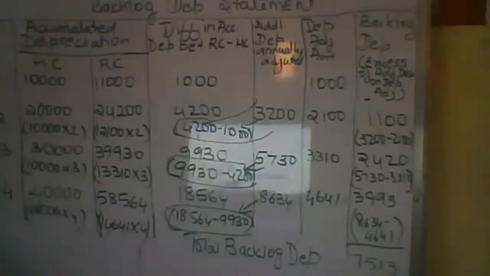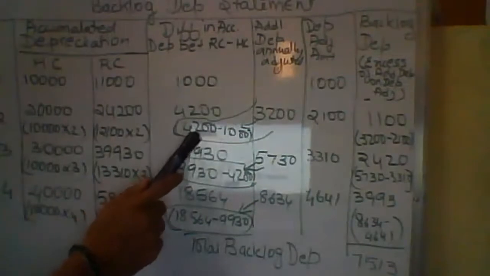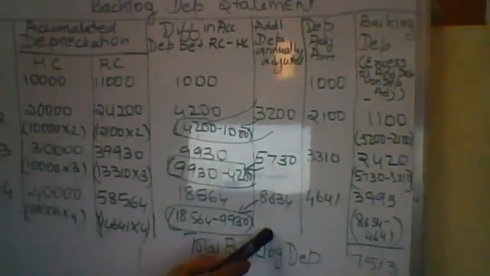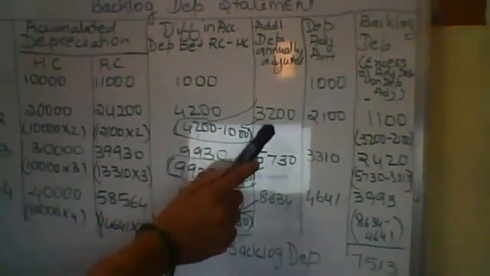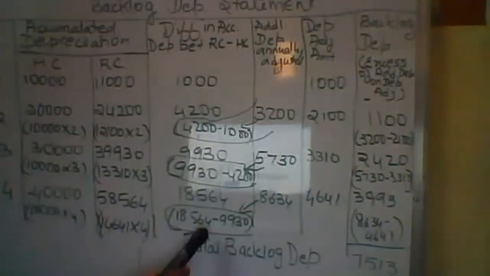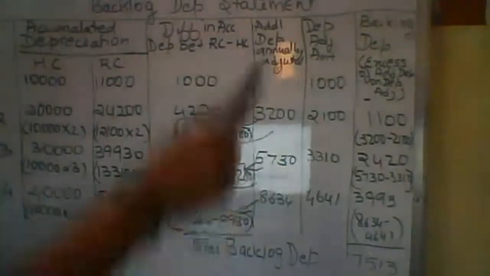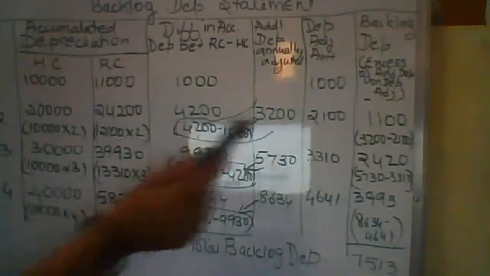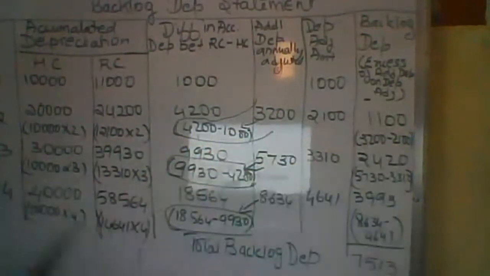I hope it's clear. When you are writing, please write these working notes under this. I've drawn a small column, so this will not fit here. So you write these working notes in this column. Don't write in this column because it will be confusing. I had less space, so I wrote here. And everywhere write the working notes there itself. Its working notes here. Its working notes here. This will come here. Its working notes here I have written. Okay.